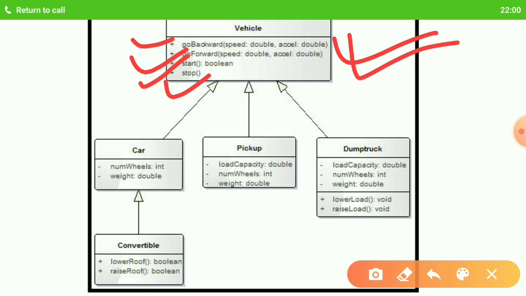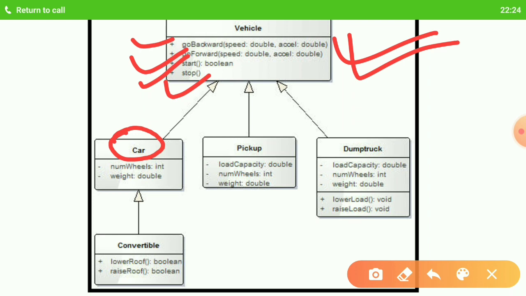Now in the future, let's say you want to design a new car. So here you have created the class called car. Now the car class, or the car object, will have all these features present in the vehicle class, isn't it?